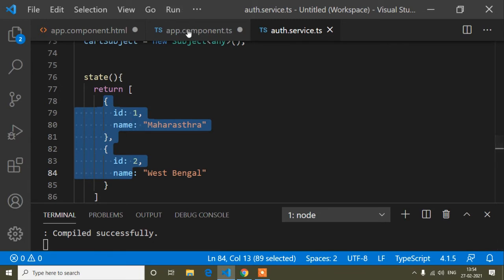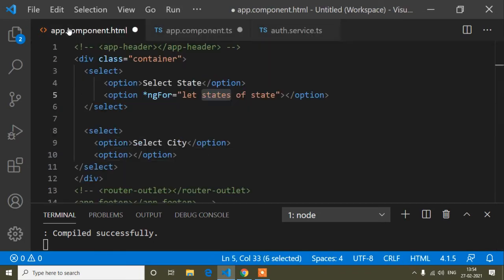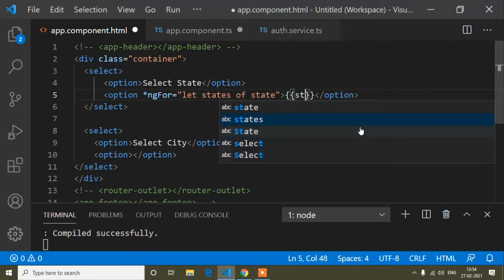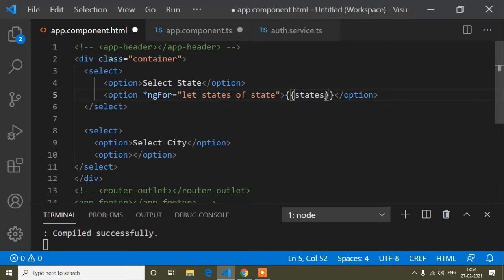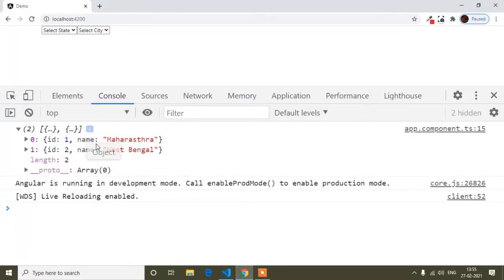So now guys, I have written these state of states, and now inside this I will bind it using interpolation. State means this variable dot name. Name means this name, because I need to show this name.